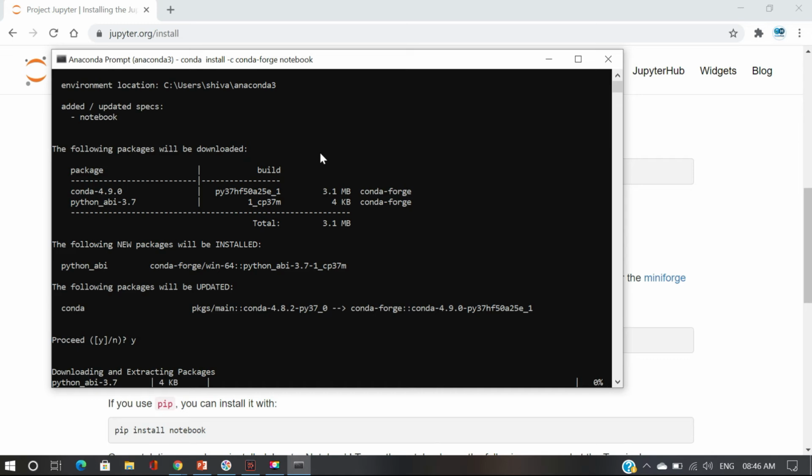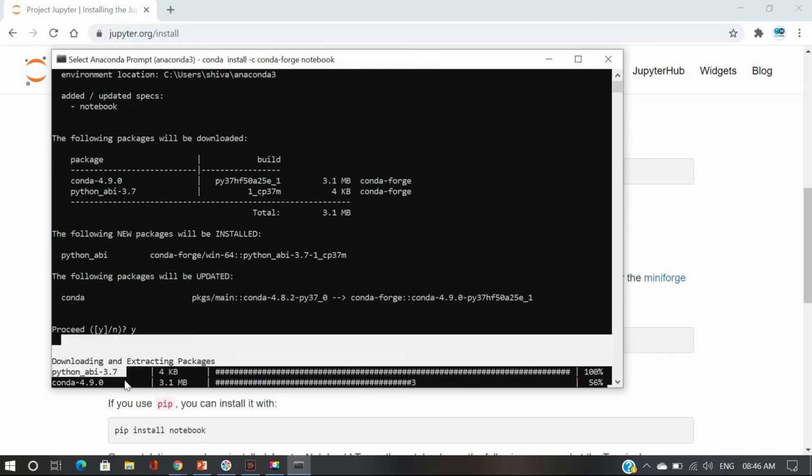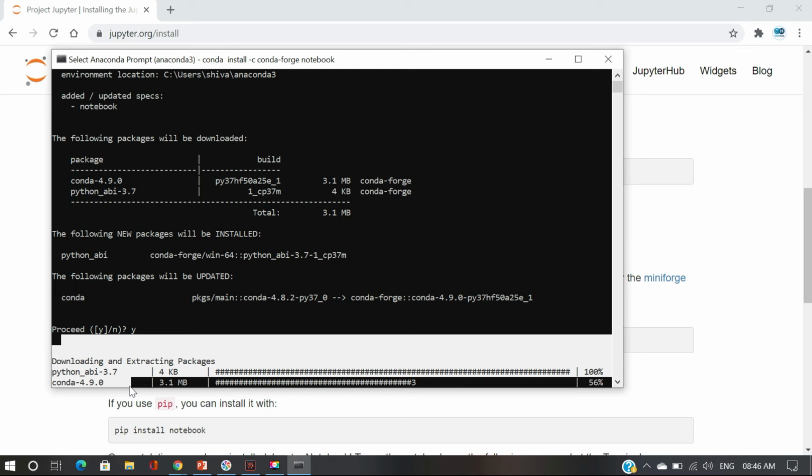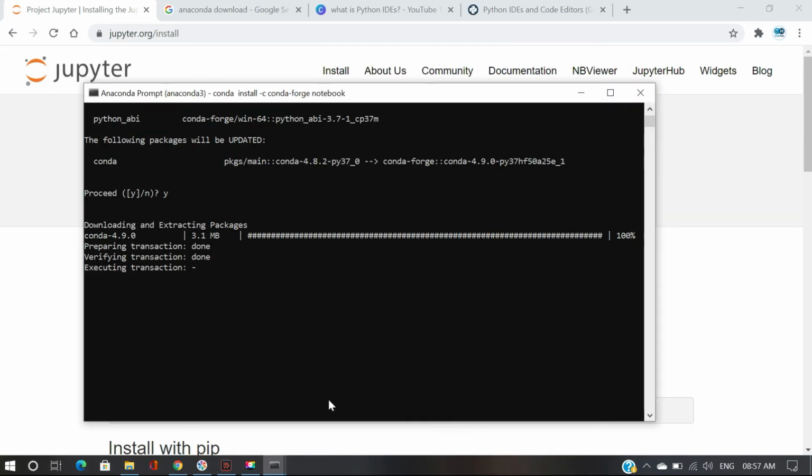It should download and extract packages. Two files are downloaded and extracted, and Python and Conda files are also downloaded and extracted automatically. Here it completes downloading, preparing, verifying and executing.